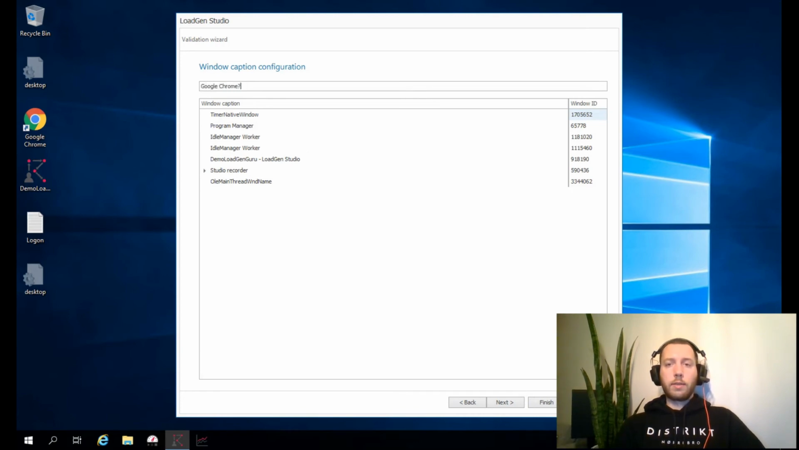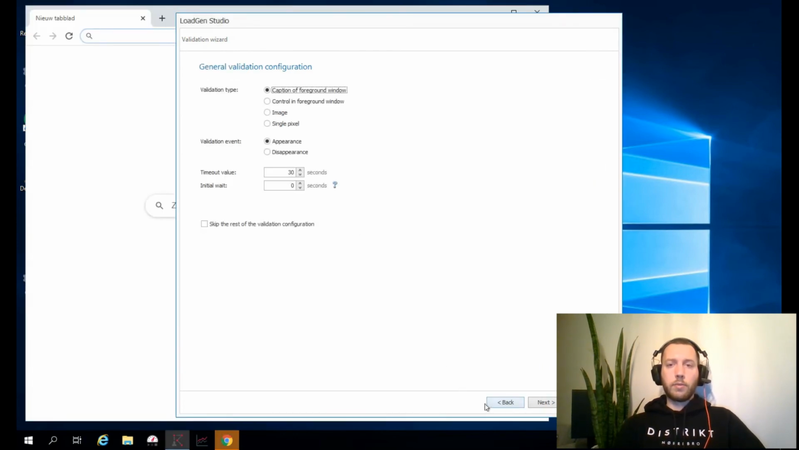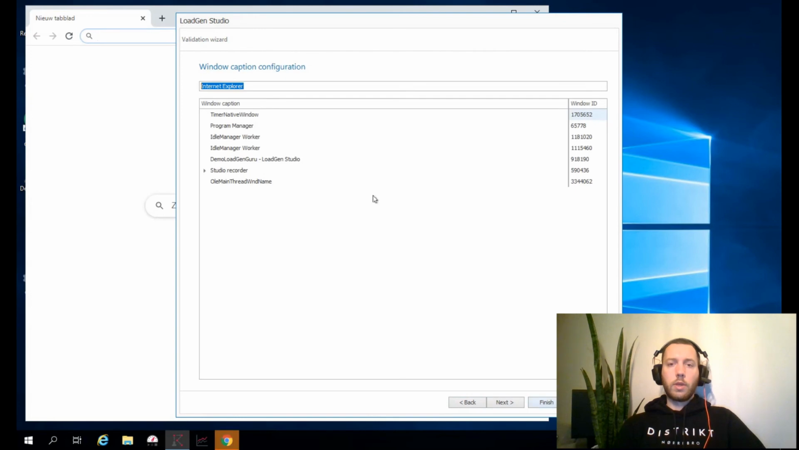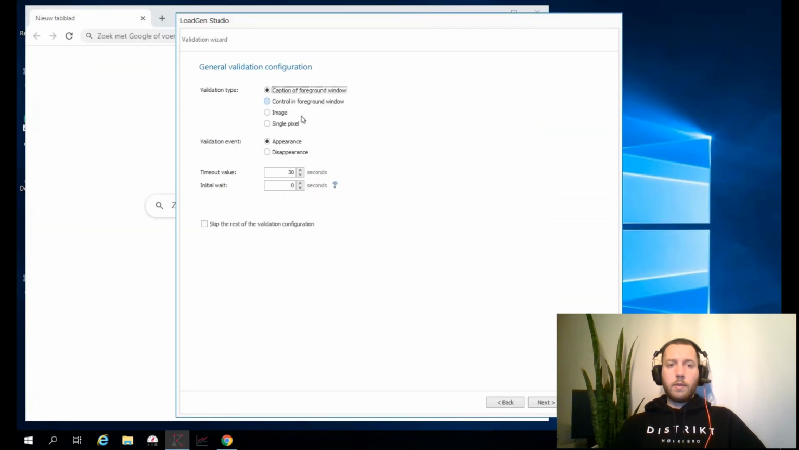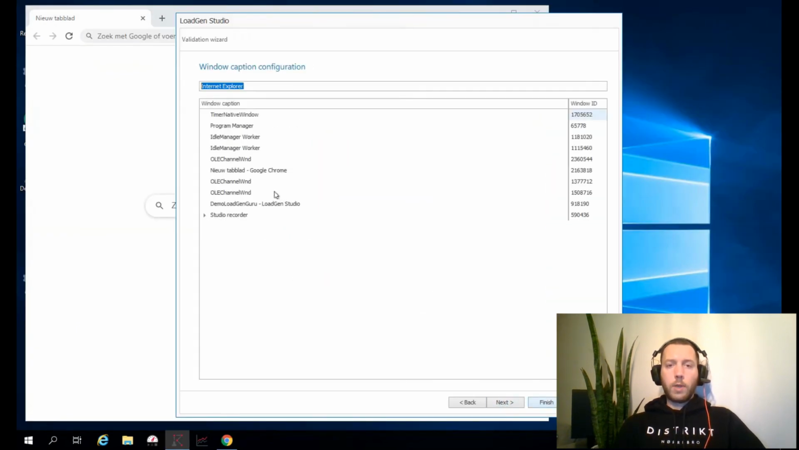Make sure to select the caption in foreground window and click next. Here you will see all the active captions in Windows, and please make sure you check the Google Chrome one. We have now selected the Google Chrome caption, but in some cases it's better to create a wildcard check, as websites tend to change the